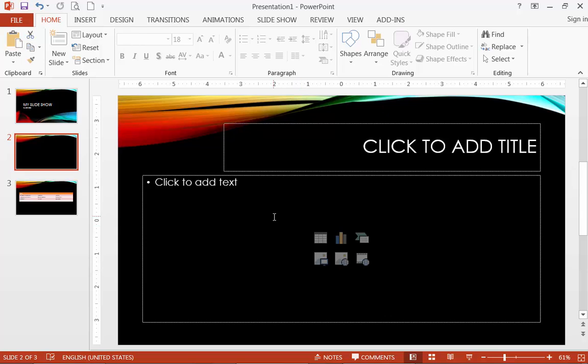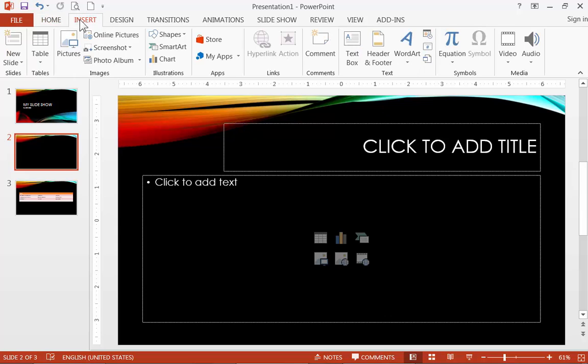And whenever you create a new slide, typically you might see these icons here. These are quick shortcut icons you can click on to insert graphics and things inside your slide. If you don't see these on your slide, you can always go up to the Insert menu at the top, click your Insert tab, and then go to the images here to get pictures. You have charts and other things you can insert, but for tables there's a little group right over here